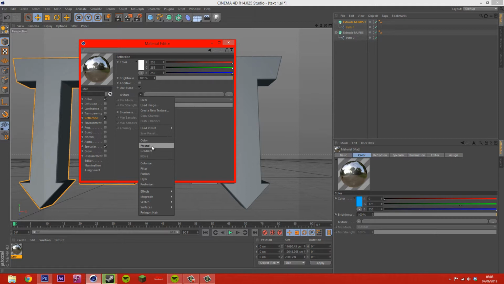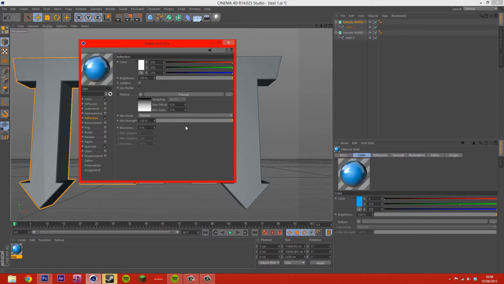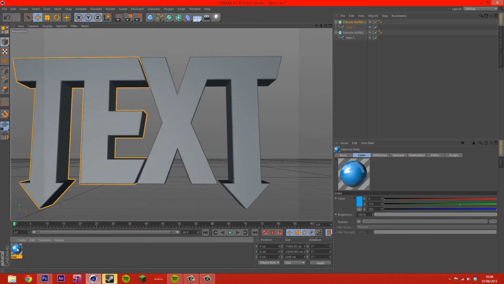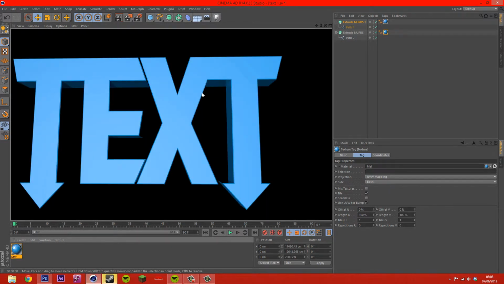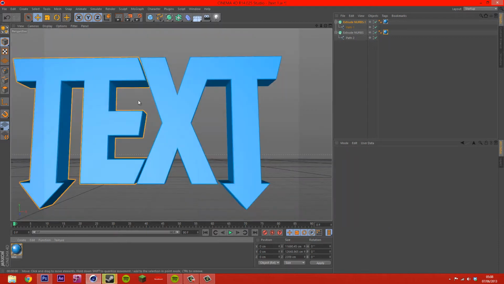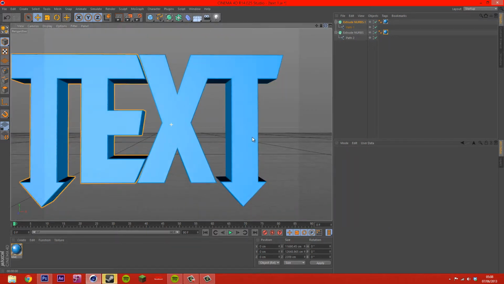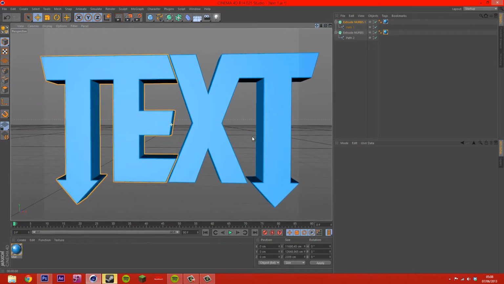Then you want to go to Fresnel, and put your mix strength to around 48, and your blurriness and brightness to around the same. So then you get a nice equal combination of that and that. When you click on this, you can see the idea. You see a little reflection there and there. So to get the most out of this and make it look extra brilliant,